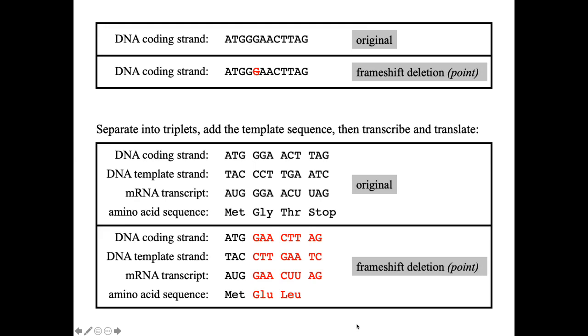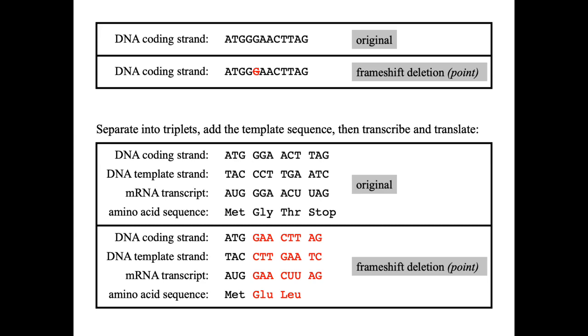This is an example of a single nucleotide deletion. Deleted this guanine up here, and that also shifts our reading frame. In this case, we've shifted the reading frame, and we see once again that we no longer have a stop codon. Now, these previous two examples were frameshift mutations that were also point mutations, but not all frameshift mutations are